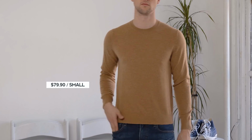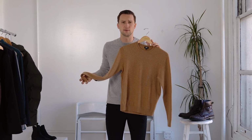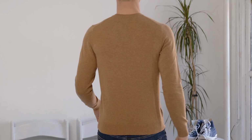If you're not the biggest fan of turtlenecks or want a more classic color, you can also go for a Cashmere Crewneck sweater. Once again, this is cashmere. I think Uniqlo has some of the most affordable cashmere that I've ever seen on any retail floor ever, anywhere. I really like this. It feels phenomenal. You got a really nice, rich sand camel color that, once again, for the fall winter season, I think is